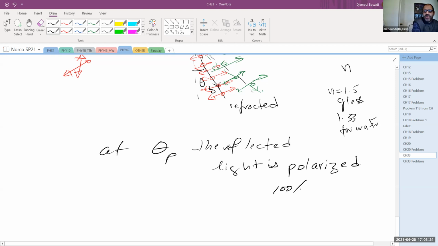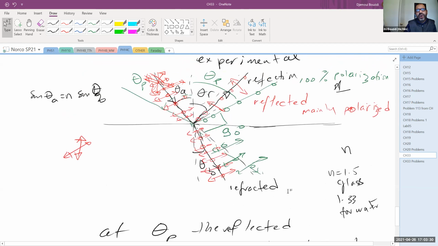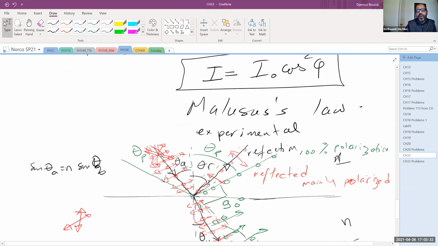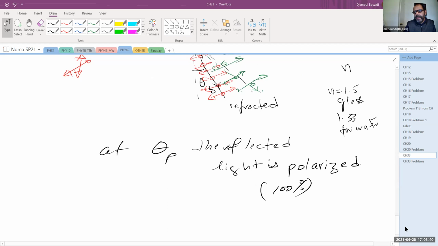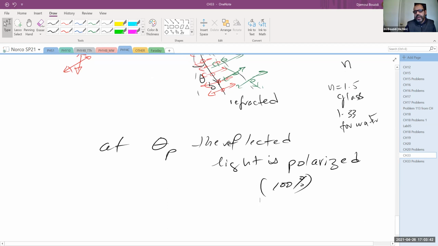I mean, when I say that, it is 100% polarized, because the other one is partially polarized at any other angle other than theta P. Obviously, when he increased also the angle, it became also partially polarized. So that's not useful. So there is an angle with which this becomes extreme and this becomes useful. Okay. So again,